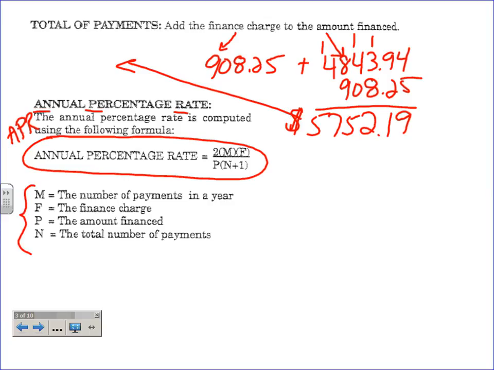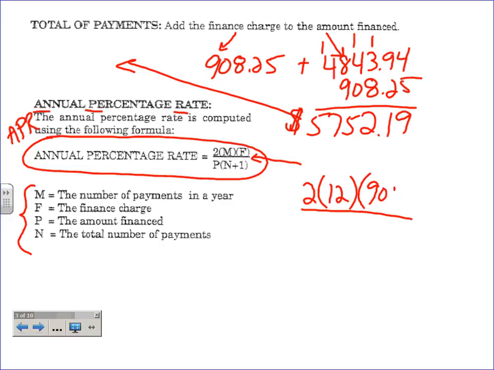I think I even give you this stuff here. All right, calculate the annual percentage rate, and basically you have to substitute in the values. It says right here on top, notice there's a big division bar right there, right? And there's a 2, and then a parenthesis and an M. So number of payments in a year is what? Well, she's making monthly payments, right? So how many payments is she going to make in a year? If she's making monthly payments, how many in just 1 year? 12, right? Now, if it was bi-weekly, that would be 26, okay? Not 24, 26. Remember that one we had over on the table here the other day? And F, the finance charge,